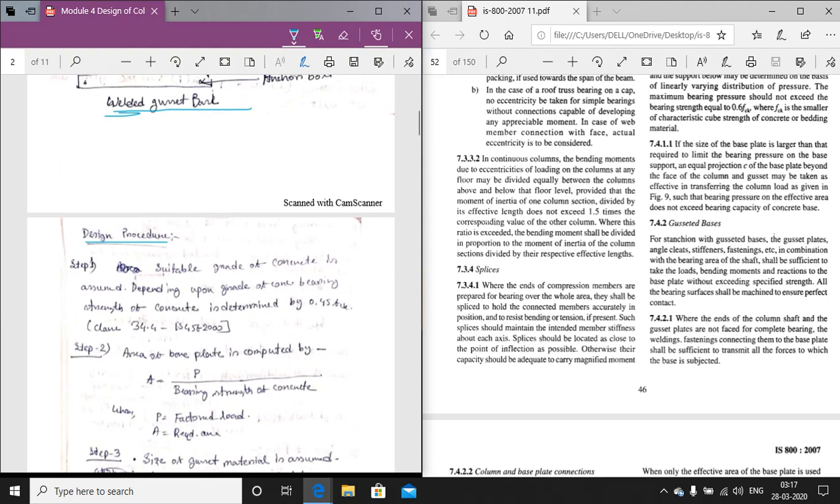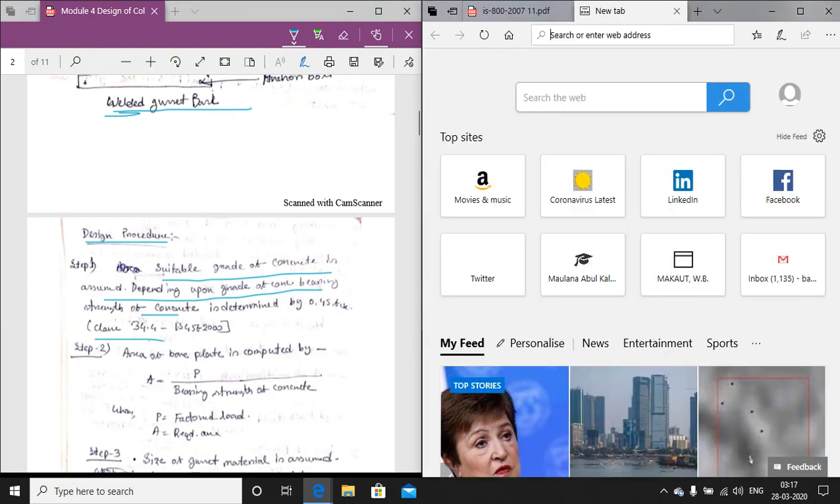Now step one is similar to step one of the normal slab base design. That is, a suitable grade of concrete is first assumed. Depending upon the grade of the concrete, the bearing strength of the concrete is determined, as per Clause 34.4. I think you may have the clause number 34.4. If you want to know, then again